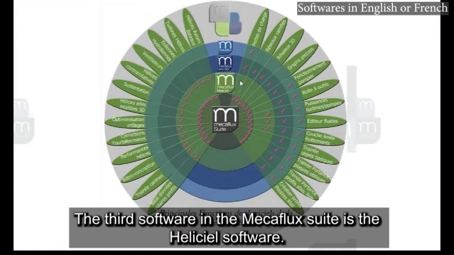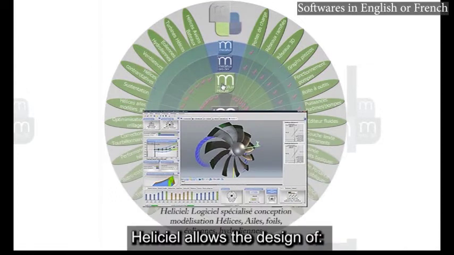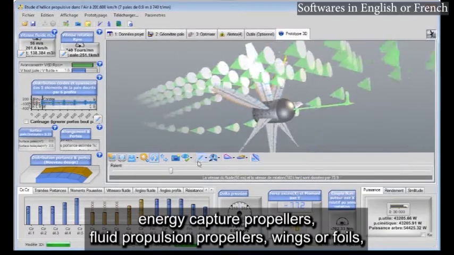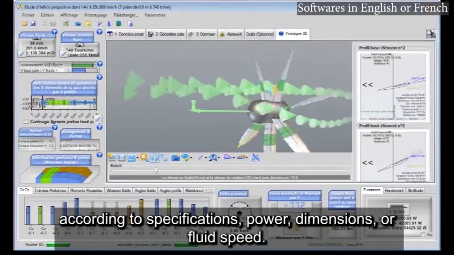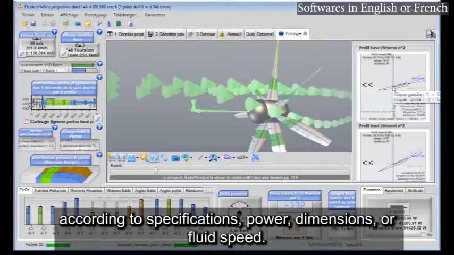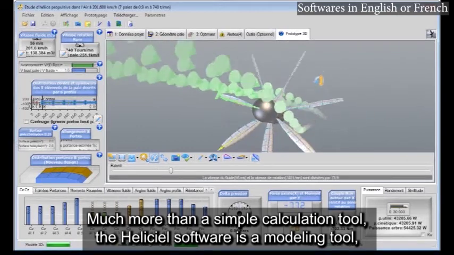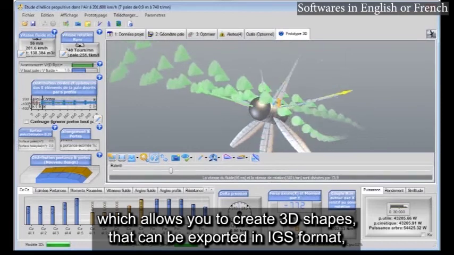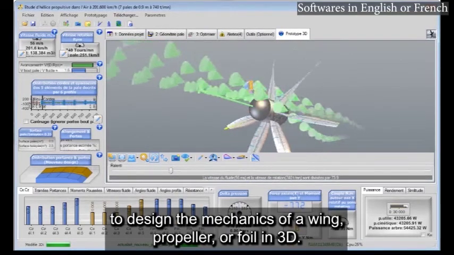The third software in the Mecaflux suite is the Helisteal software. It is a software to help design propellers and wings. Helisteal allows the design of energy capture propellers, fluid propulsion propellers, wings or foils, according to specifications, power, dimensions, or fluid speed. Much more than a simple calculation tool, the Helisteal software is a modeling tool, which allows you to create three-dimensional shapes that can be exported in IGS format to design the mechanics of a wing, propeller or foil